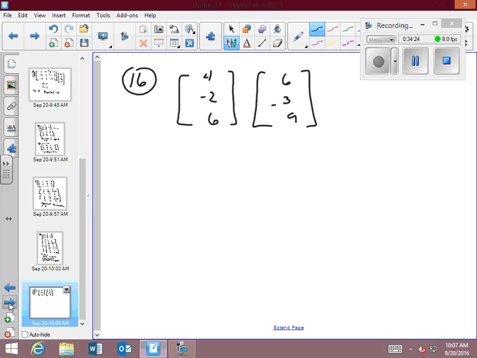Now, those are multiples of each other, are they? Is row 1 a multiple of row 2? Well, yeah. And I was just looking at the vectors. They aren't multiples of each other. But then if we put it in matrix form,